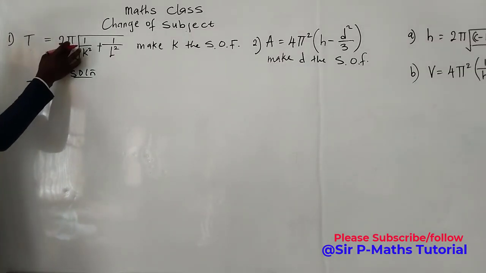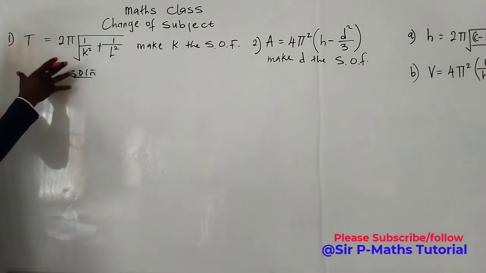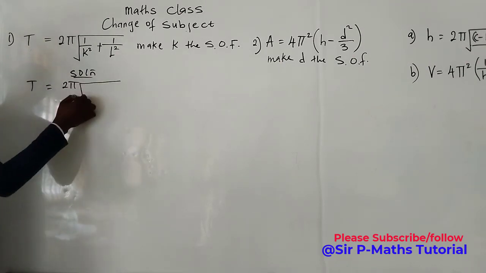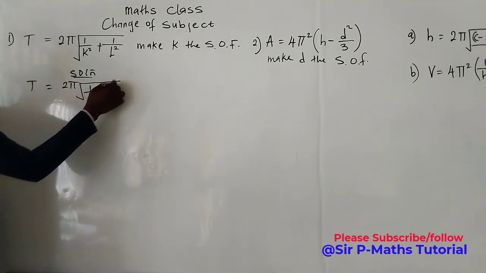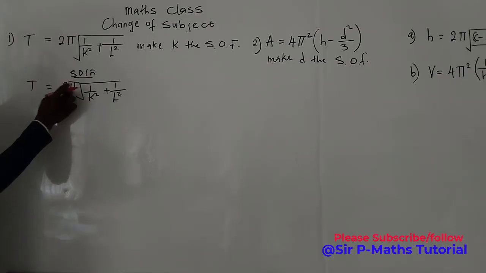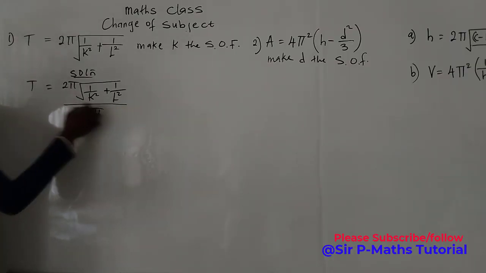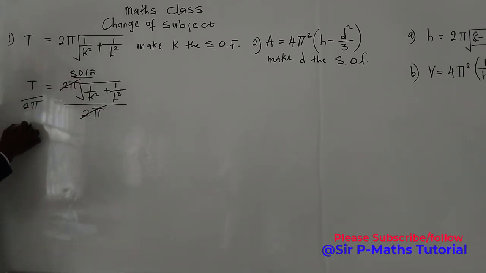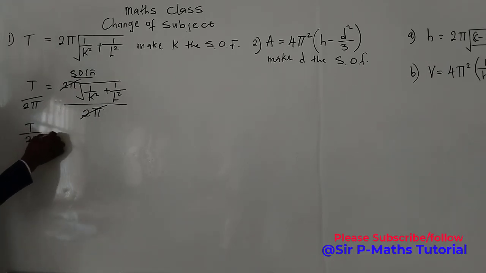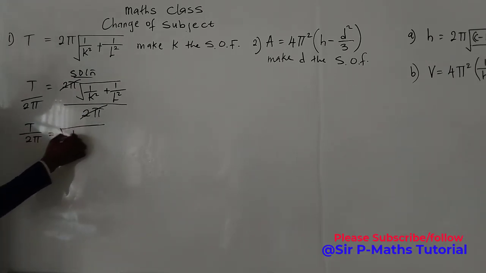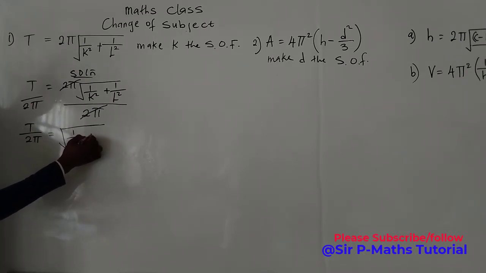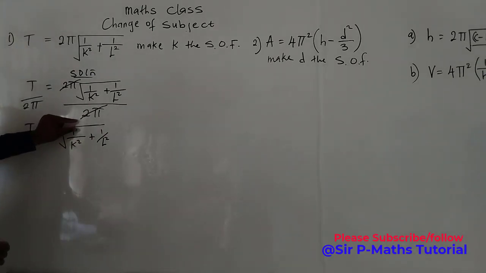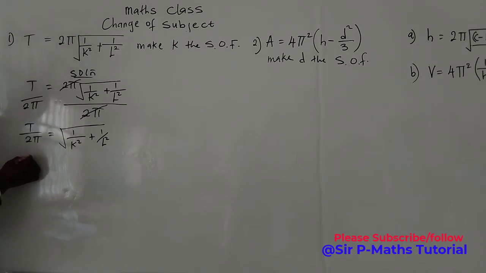So to remove this 2 pi, I will have to divide both sides of the equation by this 2 pi. So I'll have 2 pi square root of 1 over k squared plus 1 over l squared. So we divide both sides by this 2 pi, so that this 2 pi will handle this pi. Then I'll have t over 2 pi equal to square root of 1 over k squared plus 1 over l squared. Then the next thing we do is to remove this square root, and then we must take note that